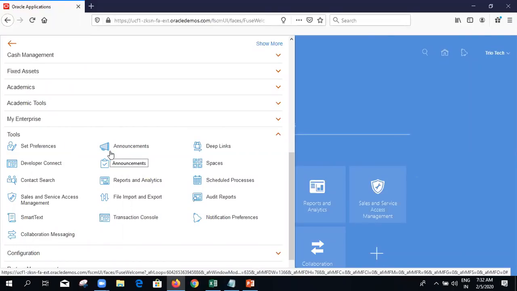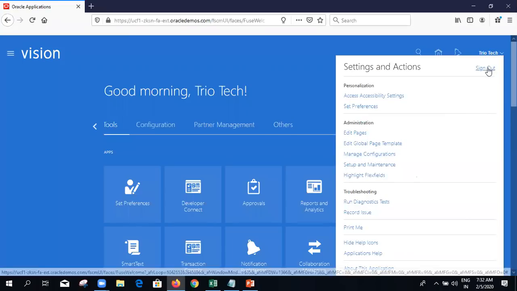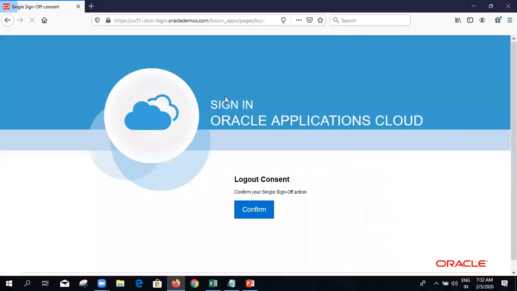In the Fusion application, if you want to get access to security console, then your account has to be assigned with that IT security manager role, right? This is the administrative role. Now, if I go back and attach the IT security manager role to this user account, then I can see the security console option there, right?